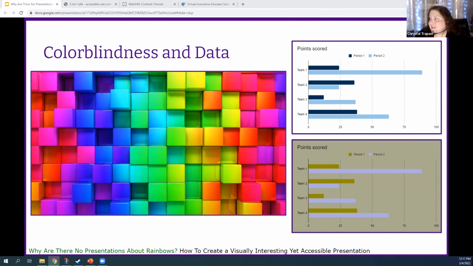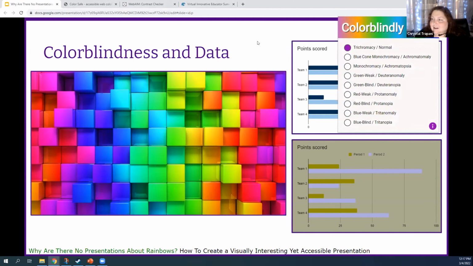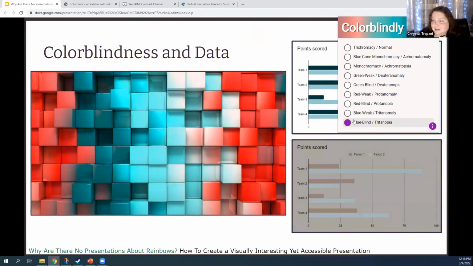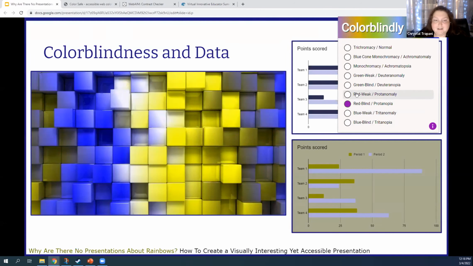But to give you an idea, as I pull up this add-on, watch the large swatch on the left and the different colors in it change as I adjust through different types of color blindness. So someone who has blue cone monochromacy, green weak, green blind, red weak, red blind, blue weak, and blue blind. So you start to get an idea about why it's so important to not identify things by color